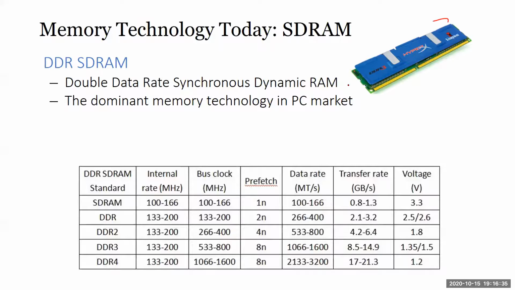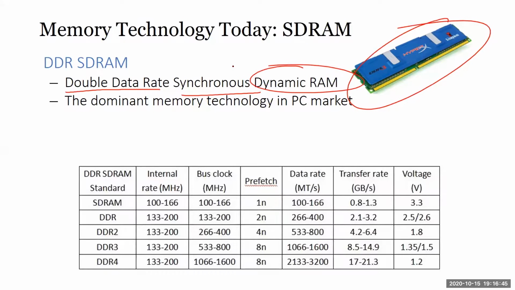So dynamic RAM is what they use in your current RAM, your SDRAM. SDRAM stands for synchronous dynamic RAM, so it's still dynamic RAM. It's very cheap. You might think compared to a hard disk it's more expensive, but technically it's still quite cheap. If you look at the data rate, the prefetch is here. If you buy any RAM, there are some statistics here, right? What they say is there's a prefetch rate, and so on.